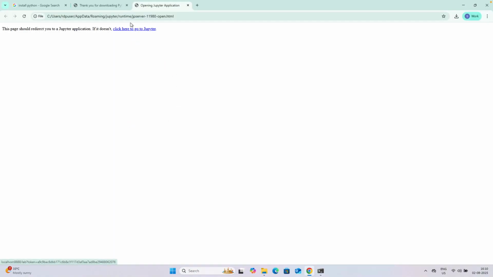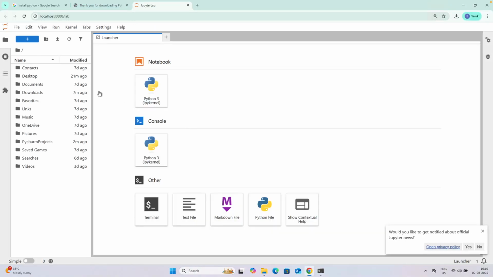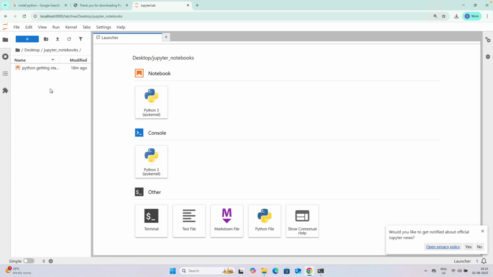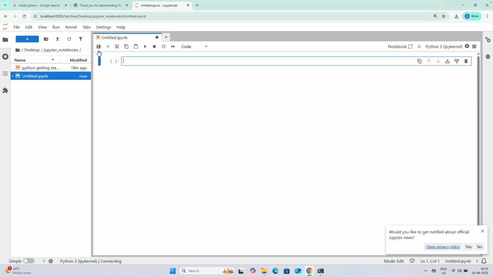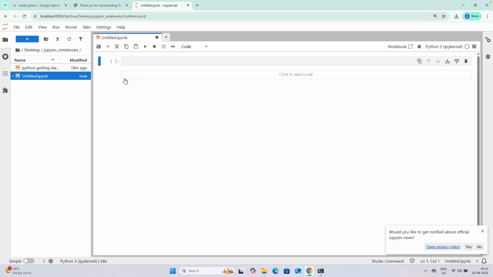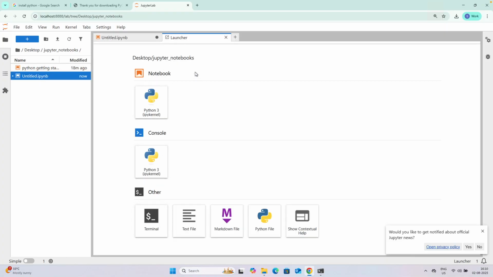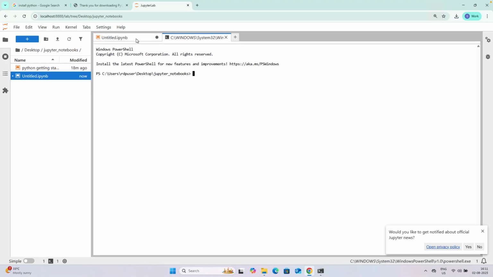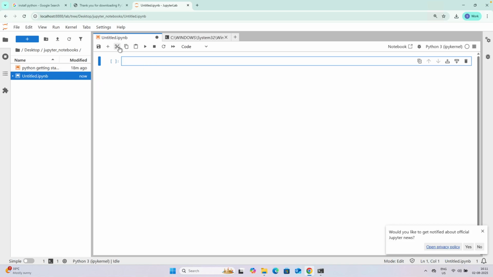This would open, just like Jupyter Notebook. Now you have all the folders that you're seeing. Let's say I'm opening that Jupyter Notebooks folder that I've created. Here I can again right click and create new notebooks, or I can click this. That would create a notebook in this directory and so on. The advantage of using Jupyter Lab is that you see all the files and so on, and you have the plugins details and all those aspects. You have the directory structure here. If you want to access the terminal, you can open a new tab, and you can run terminal commands and so on. So it is also pretty useful for you.